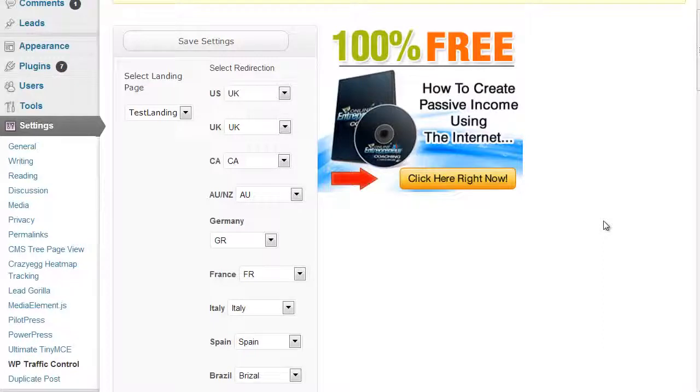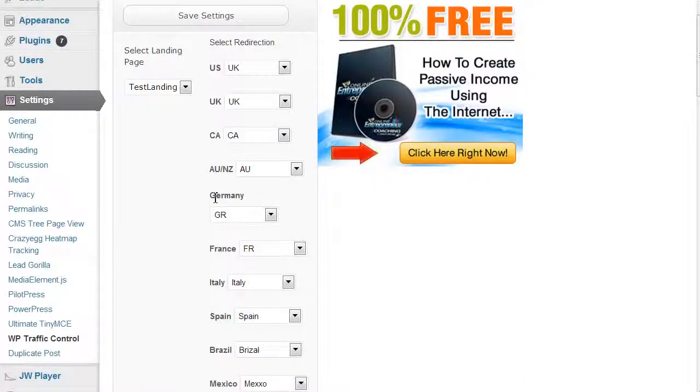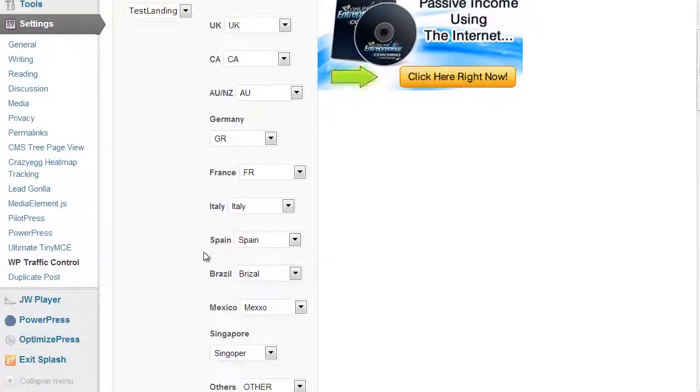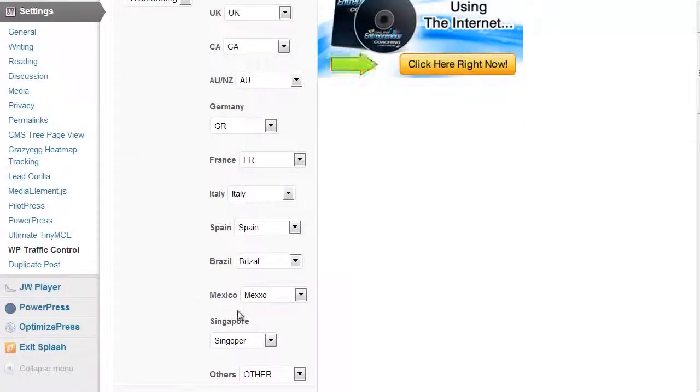Now let's talk about the problem before we talk about why we created it. If you're buying solo ads, or you're buying PPV or PPC or virtually any other kind of traffic, quite often, let's just put it this way, there are certain countries that have more value to you than others. As an example, you may find the visitors from the US, UK, Canada, Australia, New Zealand have more value, and perhaps maybe Germany, France, Italy, Spain, Brazil, Mexico, Singapore. By the way, just as a note, Singapore has a tremendous amount of internet marketing buyers. So I would definitely take advantage of that.